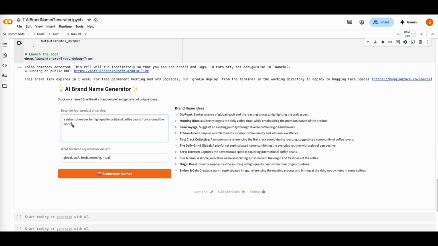How about we try something in the gaming area, let's say, and make it a fusion game. Let's say a fusion game which includes sci-fi, space, and dinosaurs. Okay,